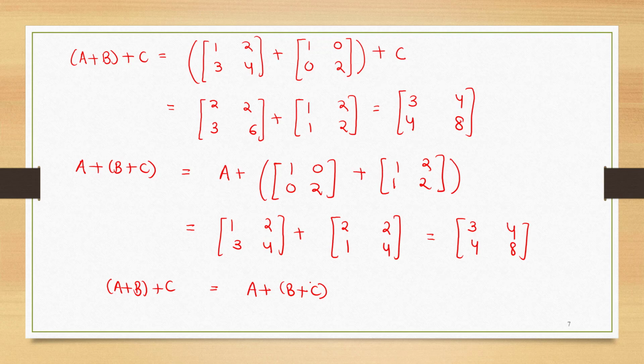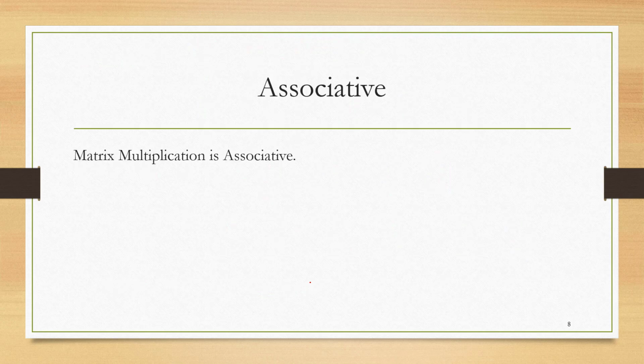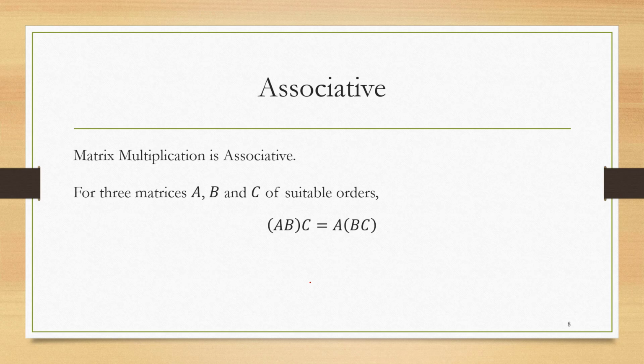Now let's check the same property for three matrices A, B and C under multiplication. So associativity holds under multiplication also. But A, B, C, they have to be of suitable order so that the matrix multiplication is defined. So let's see. Then we will have A into B into C is equal to A into B into C. So again we will understand it with the help of example.